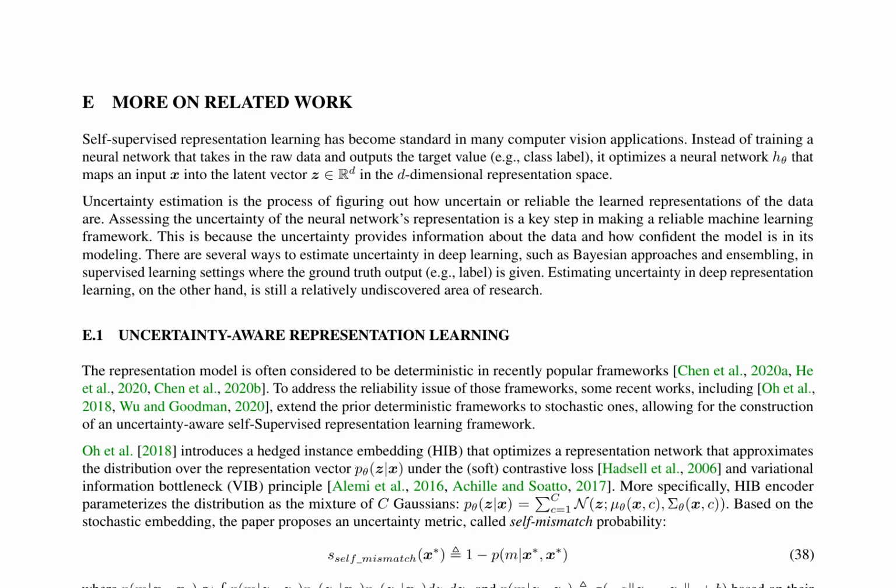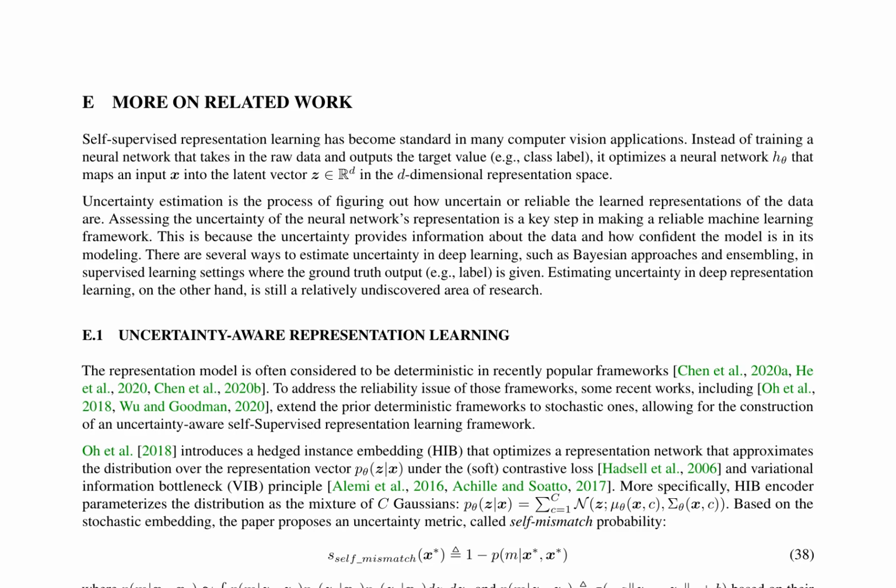Here is a combined summary of pages 29 and 30 of the research paper. Uncertainty estimation is crucial in self-supervised representation learning, as it provides information about the data and the model's confidence. While estimating uncertainty in supervised learning settings is well explored, it remains a relatively undiscovered area of research in deep representation learning. Recent works have extended deterministic frameworks to stochastic ones, allowing for the construction of uncertainty-aware self-supervised representation learning